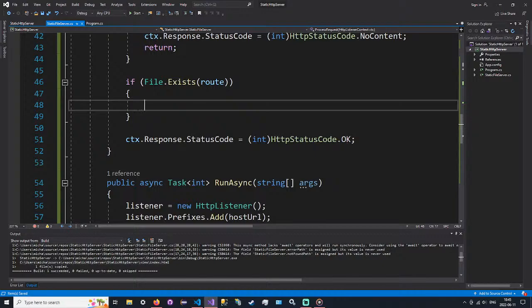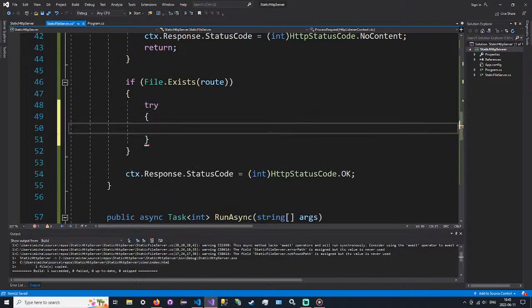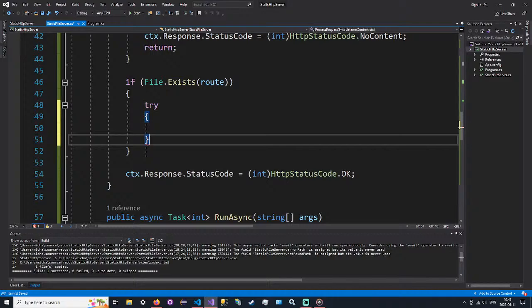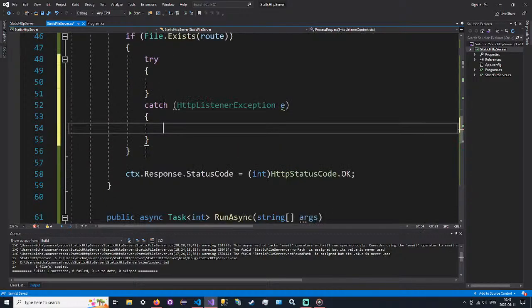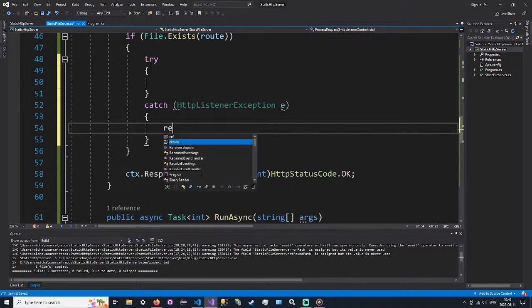So we're going to do a try and catch because there are a couple possible errors and we need to treat them differently. So there's going to be a try block where we actually write the file. And then there's going to be a catch for an HTTP listener exception. And in this case, we don't want to rewrite to the output. I played around with this while I was testing, but essentially when we get an HTTP listener exception, it's often because there's something wrong with the output stream. So trying to write more to the output stream will just lead to more exceptions. So we need to respond with the status code of an internal server error, but we cannot actually write an error file to it. So we'll say